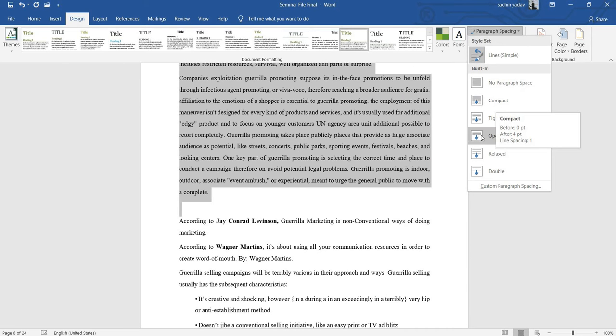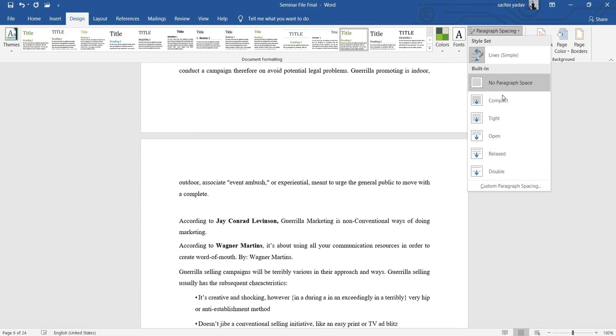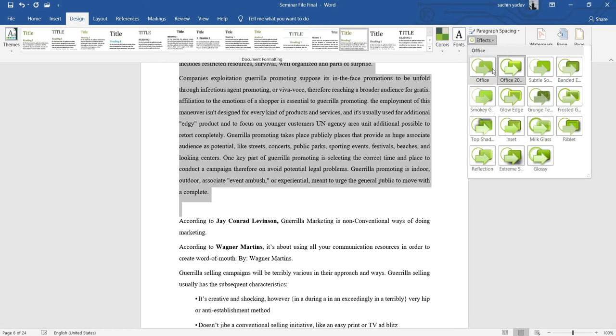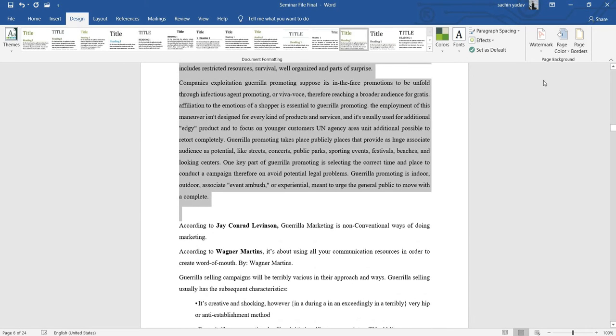See, you can see the paragraph spacing is being increased and decreased accordingly. So you can select it by your own, or you can use any kind of effect in these. Right now no effect is working properly because I didn't select the whole text. So you can just select it by your own.